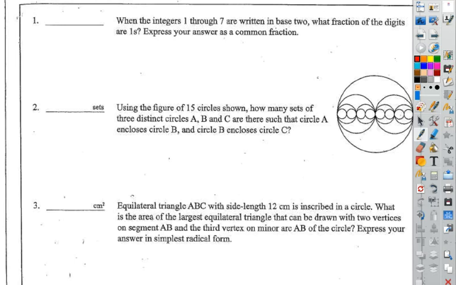This is the team round from the 2015 state competition Mathcounts. So here we go. When the integers 1 through 7 are written in base 2, what fraction of the digits are ones? Express your answer as a common fraction. All right. So in base 2, we have,